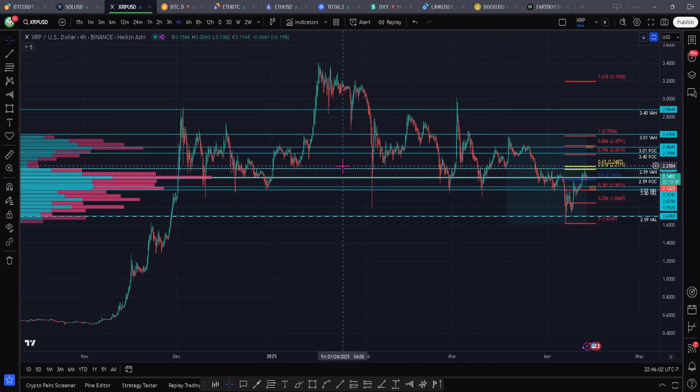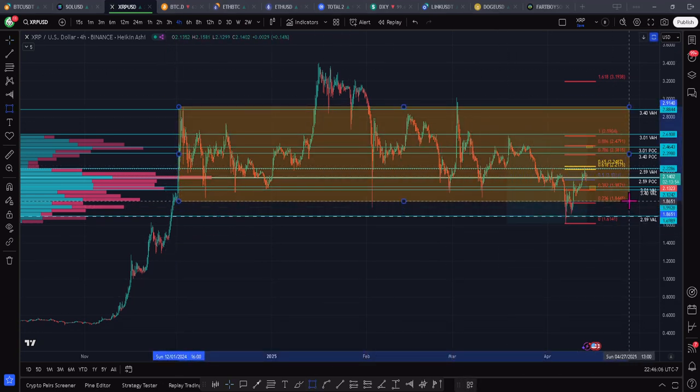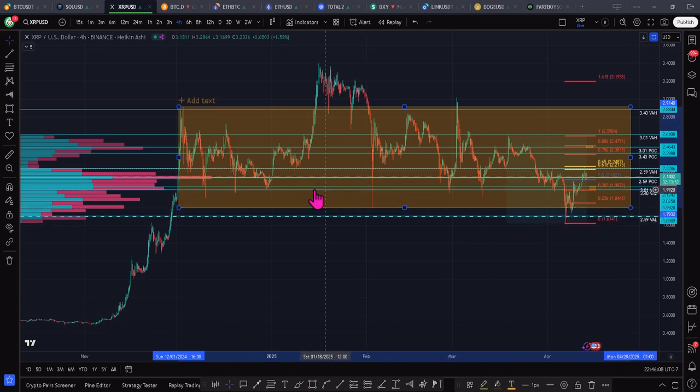Zooming out a little bit, we're ultimately in this boxy range here. We're trying to fight out of this range. Here we got from this level marked out low, we got a wick into this low as well. And then from this level, we got a wick into this low. This third wick,